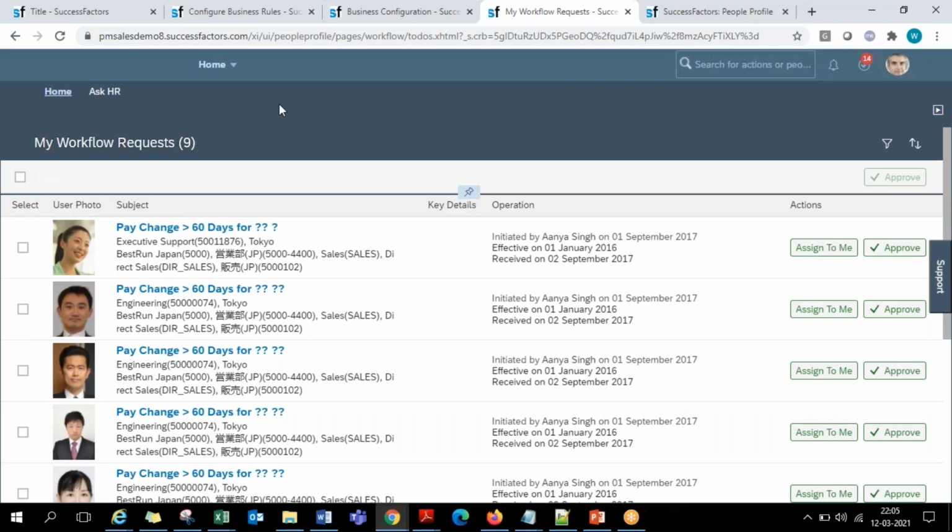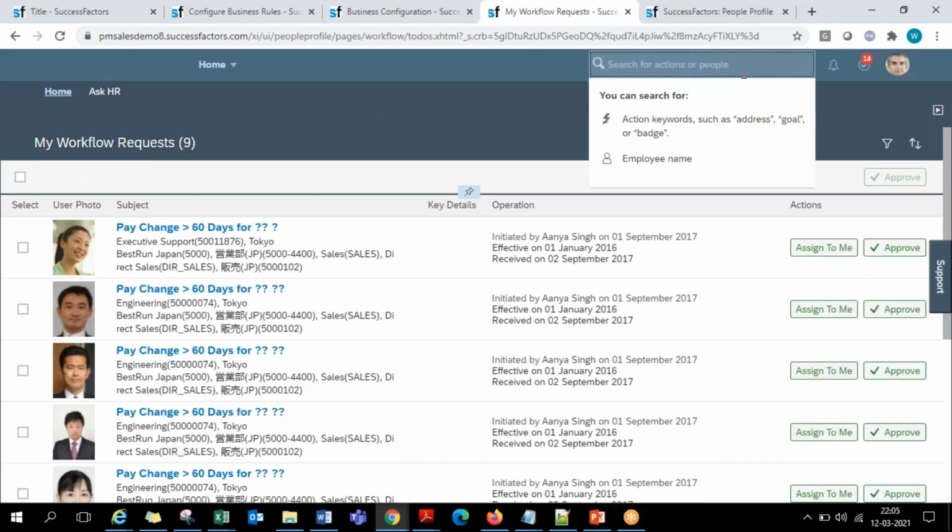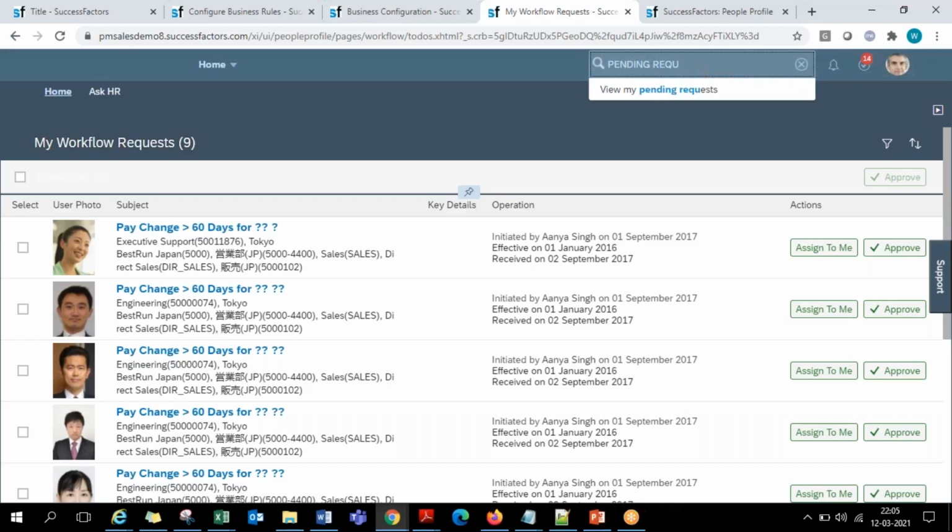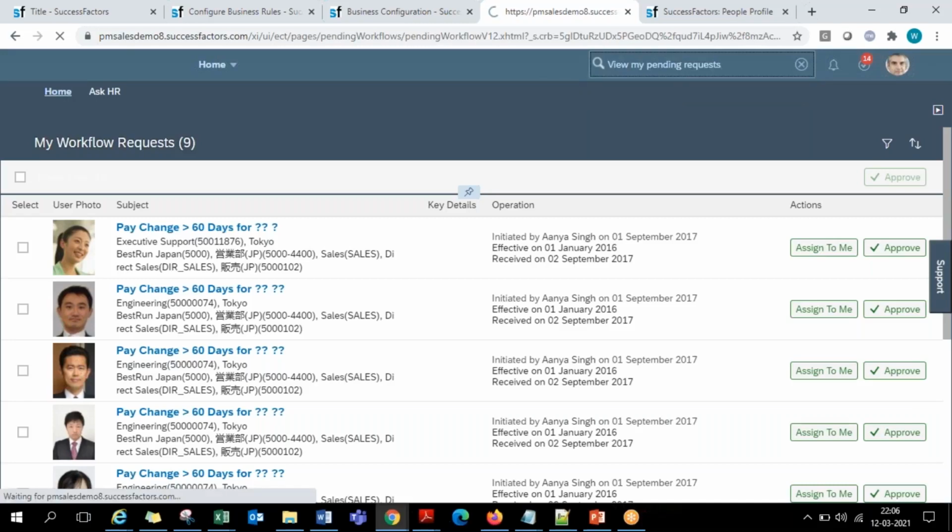Every user, if he wants to see all the workflows in which he is involved, not only the workflows where he is an approver, but other workflows which he already approved but are still pending, his own workflows, like that, wherever I'm involved in a workflow, if I want to see, there is an option for every user called pending requests. I request you to make a note of this point. Pending requests. View my pending requests. So if you go for this,